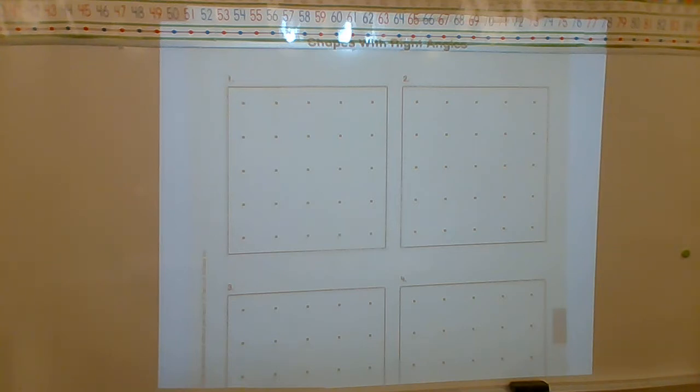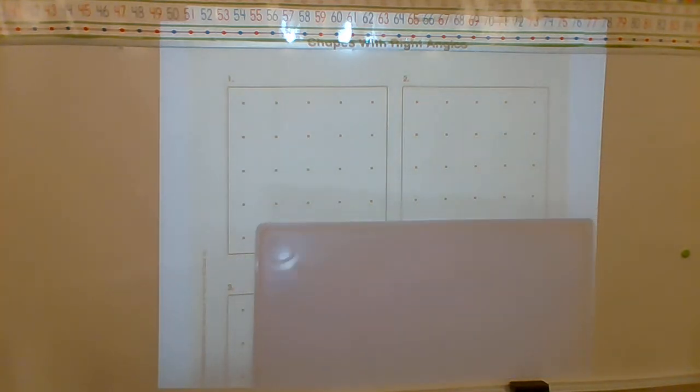But we're going to work a little bit with a geoboard to make some right angle shapes, okay? Or rather, shapes with right angles. So imagine you did have your geoboard, okay? And I asked you to make a square on your geoboard. If you're going to make a square on your geoboard,